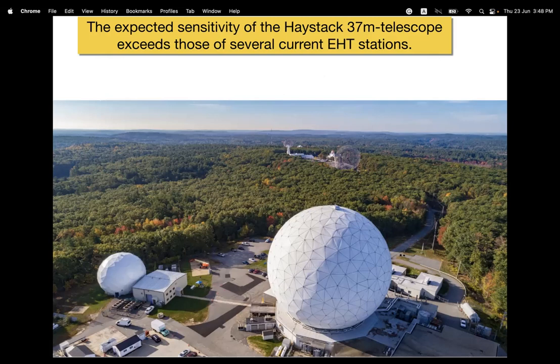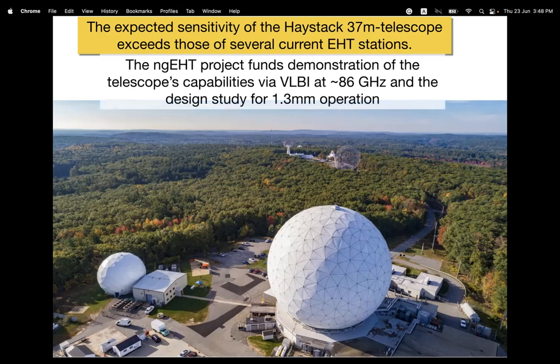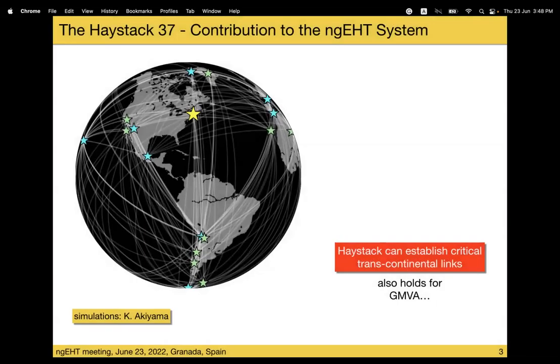I'll start with a bold statement that the sensitivity of the Haystack 37-meter diameter telescope can exceed the sensitivity of some of the current EHT stations. The ngEHT project funds some of the development, a demonstration of telescope capabilities at 86 gigahertz via VLBA observations, and there's also a design study for 1.3 millimeter operation. We have seen in other talks by Shep and Michael that Haystack can really contribute to establishing